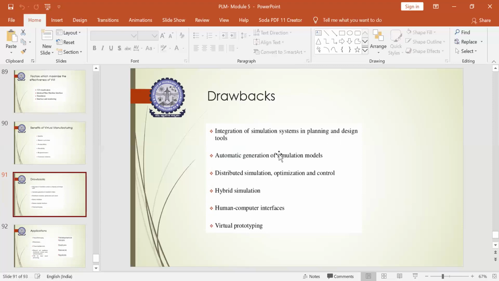The second drawback is the automatic generation of simulation models, because once you do the mathematical modeling and analysis, it automatically generates a simulation model. All simulation models might not be so feasible to compare with the theoretical model to check whether it is right or wrong. Some simulation models may not map to the actual theoretical models because they are self-generated.